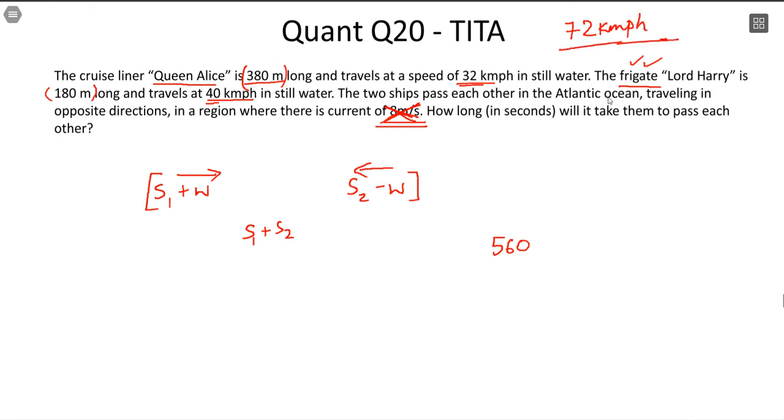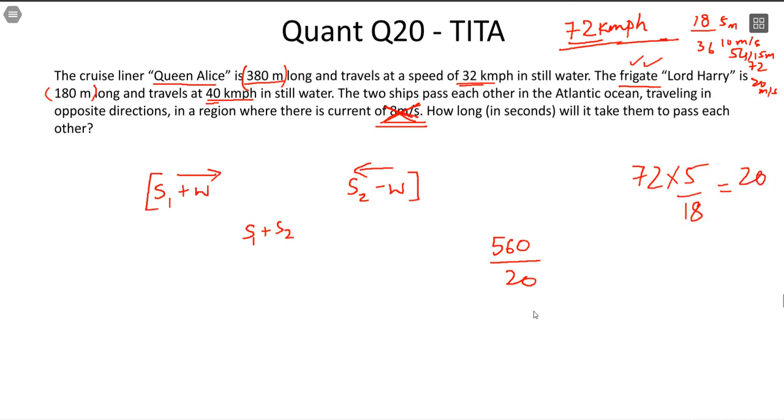Also, I want you to train your brain in this way. Think in jumps of 18. It will be extremely useful while converting numbers. This is 5 meters per second. This is 10 meters per second. This is 15 meters per second. This is 20 meters per second. Nth multiple of 18 in kilometer per hour is nth multiple of 5 in meter per second. Helps you immensely, because as soon as you see 72, you know relative speed in meter per second is 20. Of course, you can always convert. You will reach the same answer. But where we are trying to save 2 seconds, 3 seconds, this would be extremely useful.